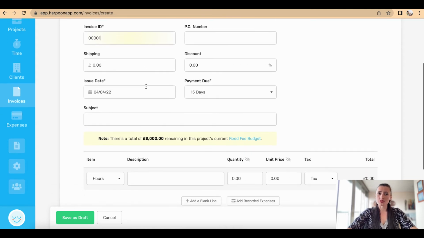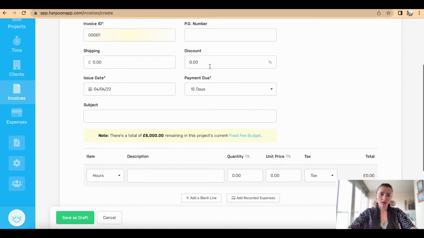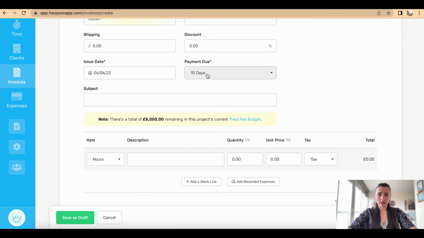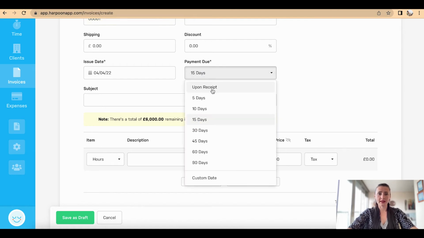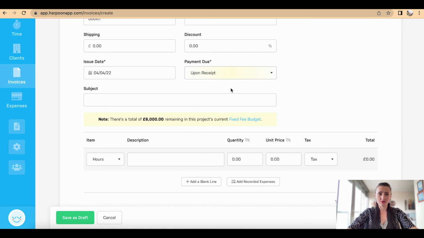Any shipping costs need to be included here, and any discounts as well. The issue date will be today. For payment due, you can select upon receipt, 5 days, 30 days, 90 days, or a custom date. I will say upon receipt, so when they receive this invoice, they need to make a payment. Subject,